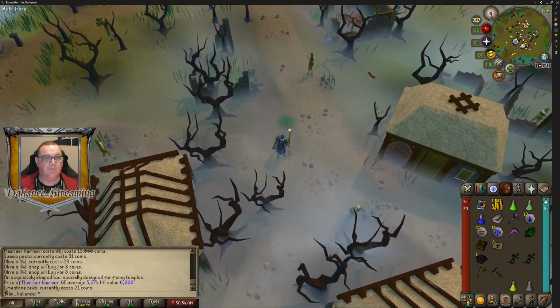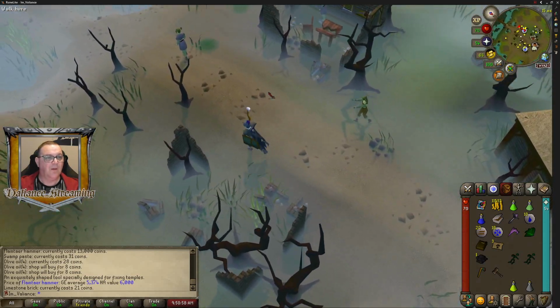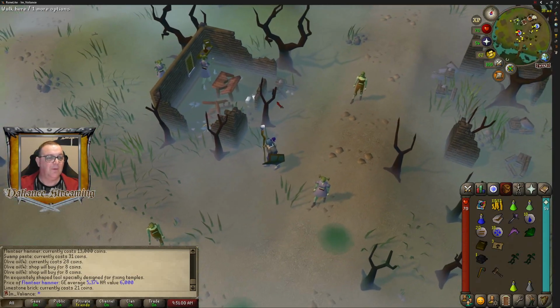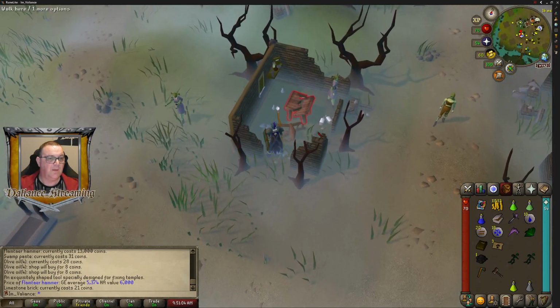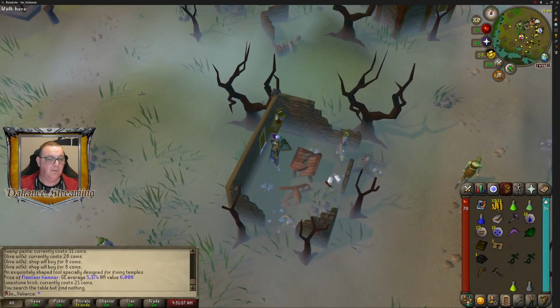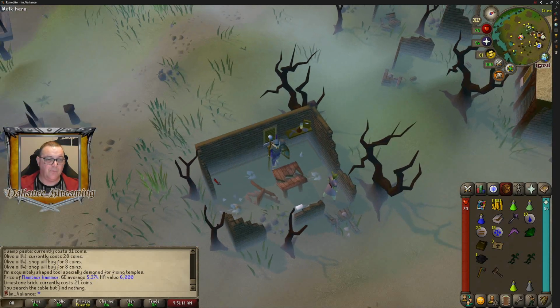Can we get any out of yes again, or gone? We've got to go to our house and make it, probably. We search the table again. Search table and find nothing. Right, okay, so that just tells me...